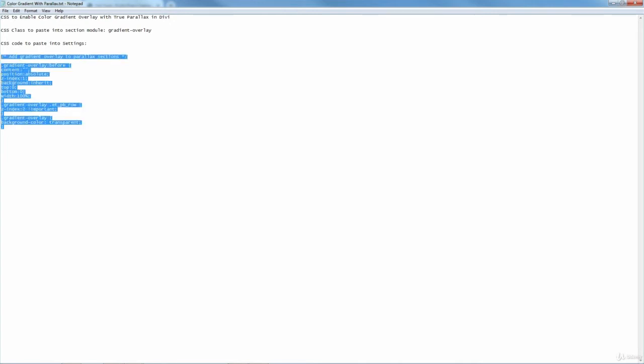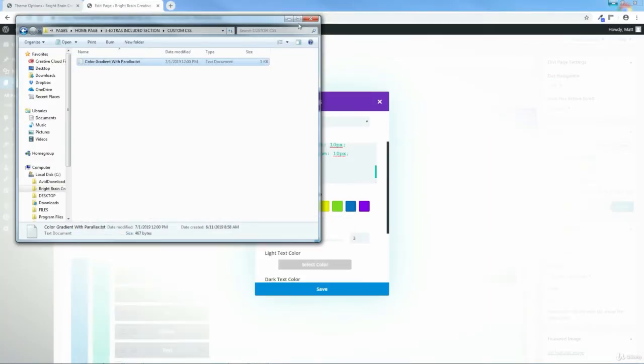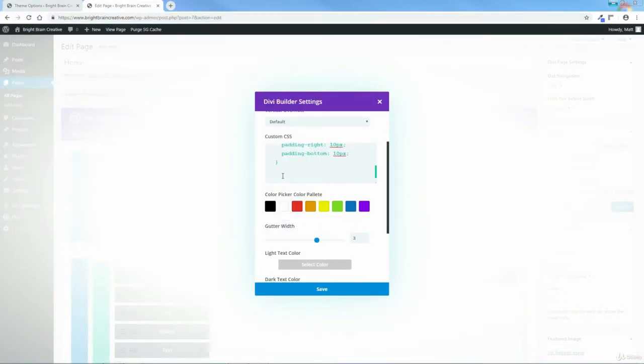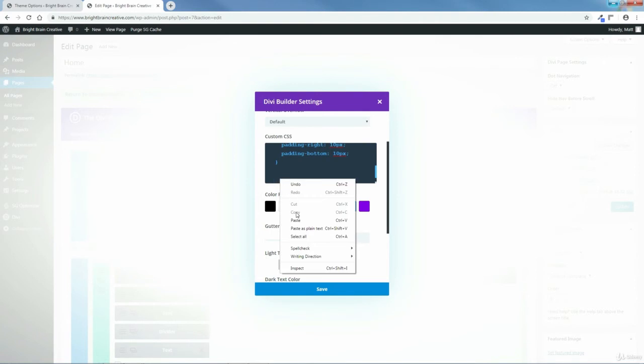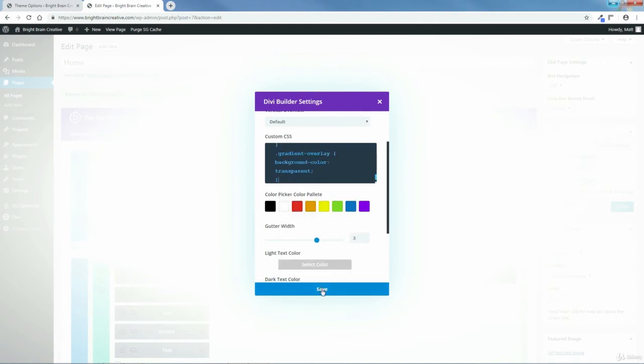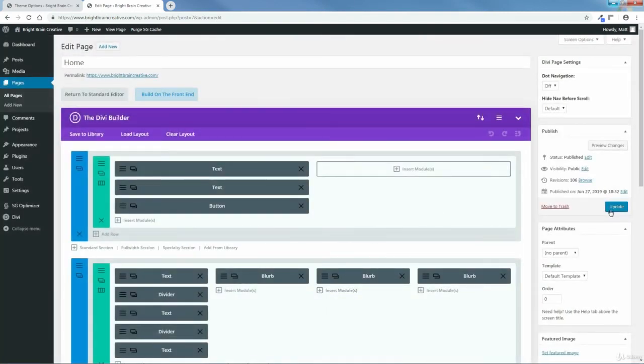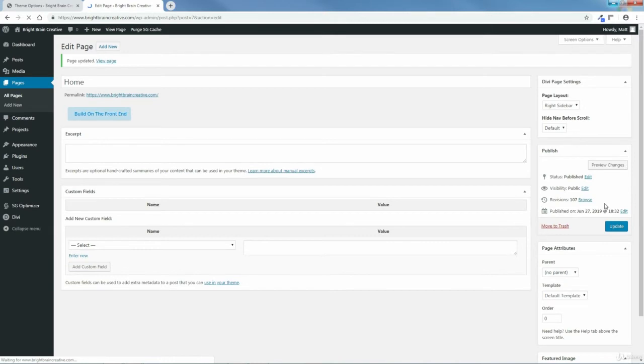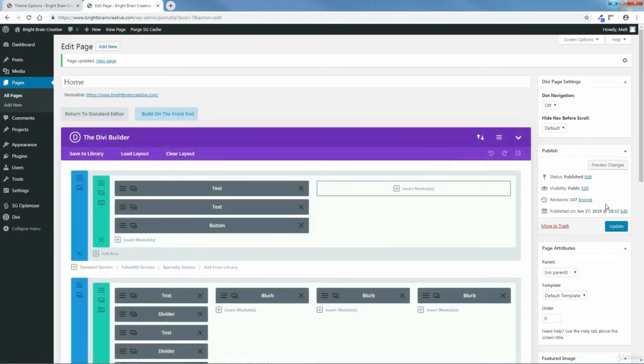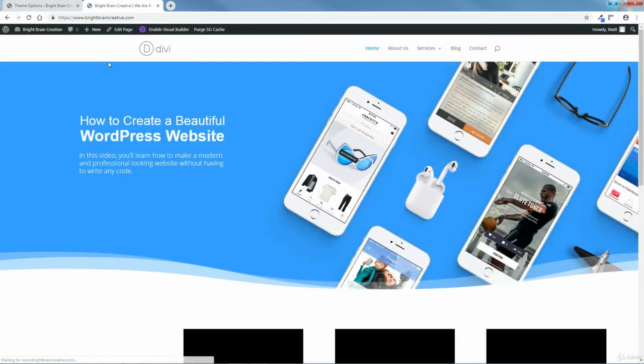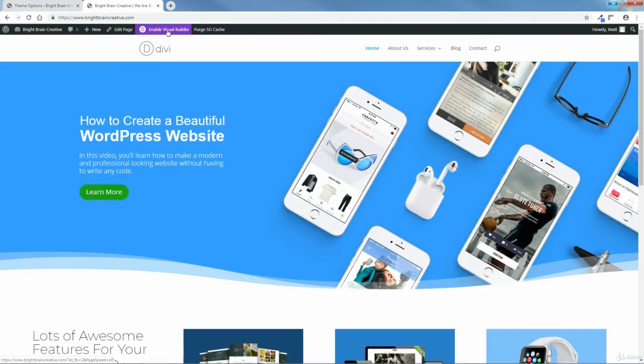So you want to highlight, right click, copy, close that, come in here, right click, paste. Then you want to save, update, and now we'll go to View Page, Enable Visual Builder,